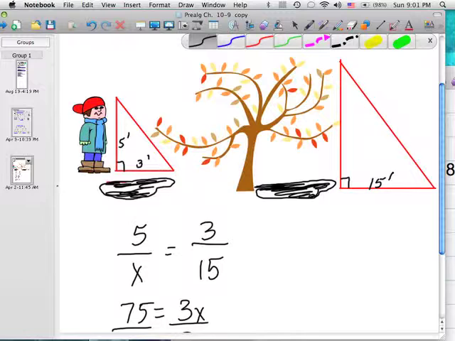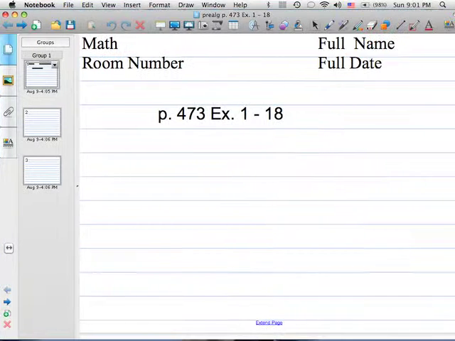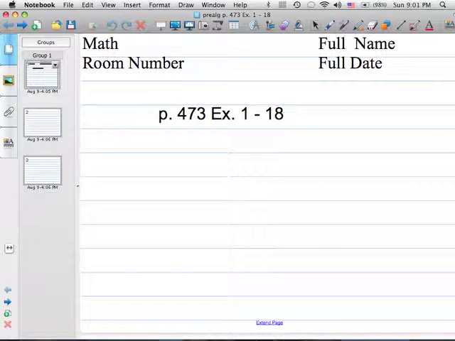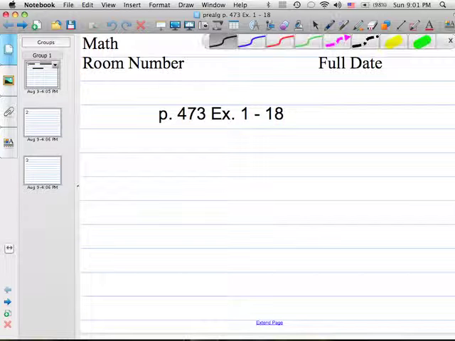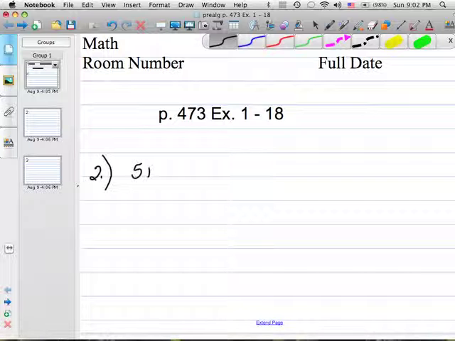So this is the way we're going to be solving our problem. So you need to turn to page 473, and we're doing exercises 1 to 18. Problem number 2. We're trying to find the height of a lamppost, and we're using a person that's 5 foot 10 inches tall and casts a shadow of 5 feet. So we have 5 feet, 10 inches